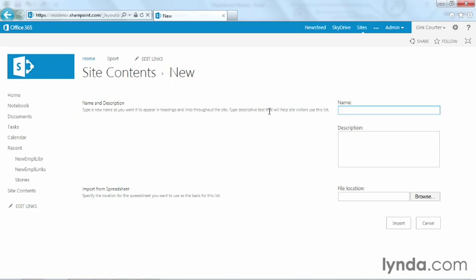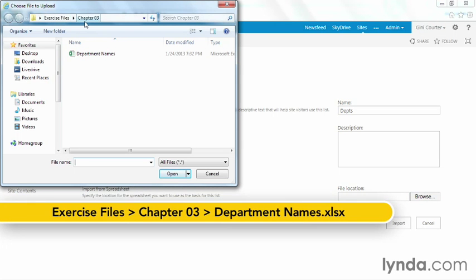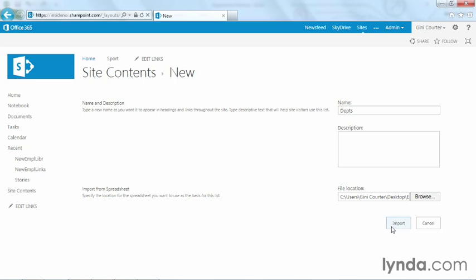We're going to click Add It, and as always, if I'm not being prompted to provide both a name and a URL, whatever I provide here will be both. So I'll keep it short. And I could create a description that says this is a list of departments that come from a particular spreadsheet, or to note who provides them, but I'm simply going to go ahead and leave the description blank for right now. And I'm going to browse, and you will find this in your exercise files in Chapter 3 if you have those files. And it's called Department Names, and I'm just going to select it and click Open and choose